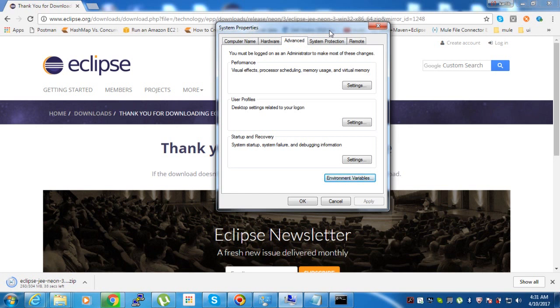Once I demonstrate that error, I will again put that environment variable JAVA_HOME in the settings, and we will again see that Eclipse will then start.